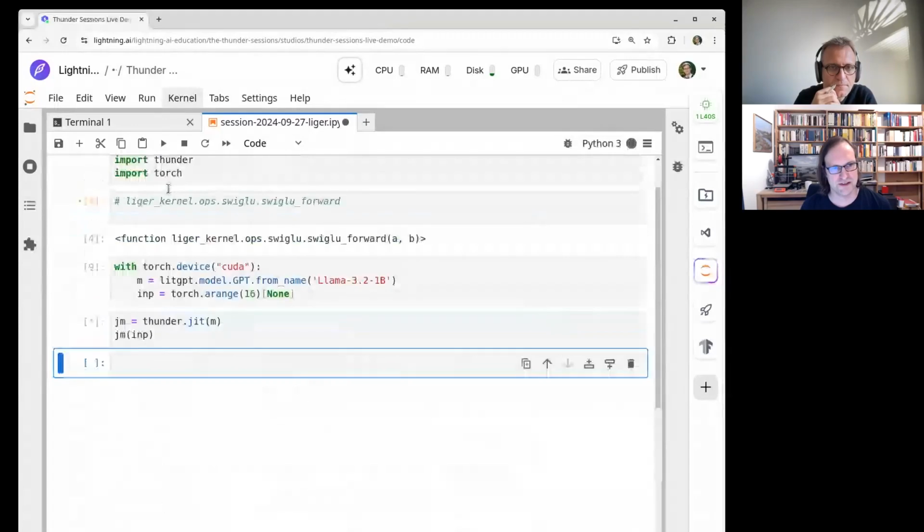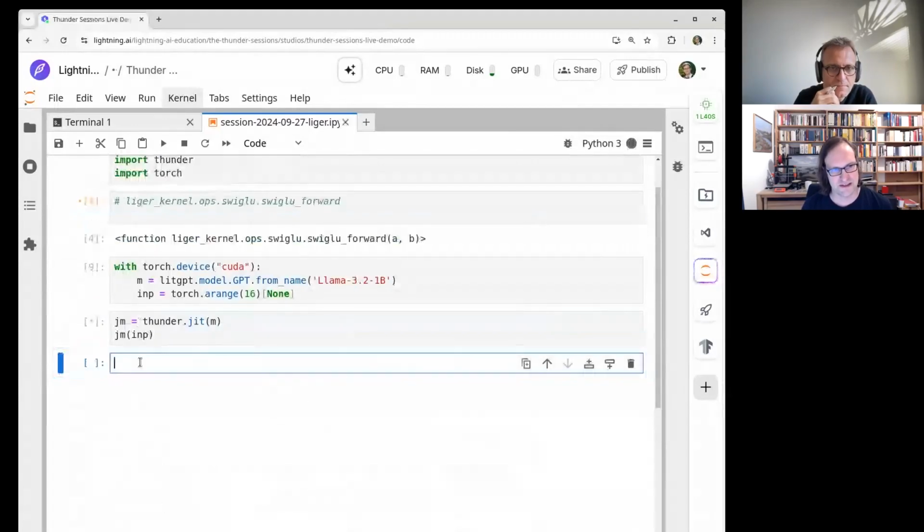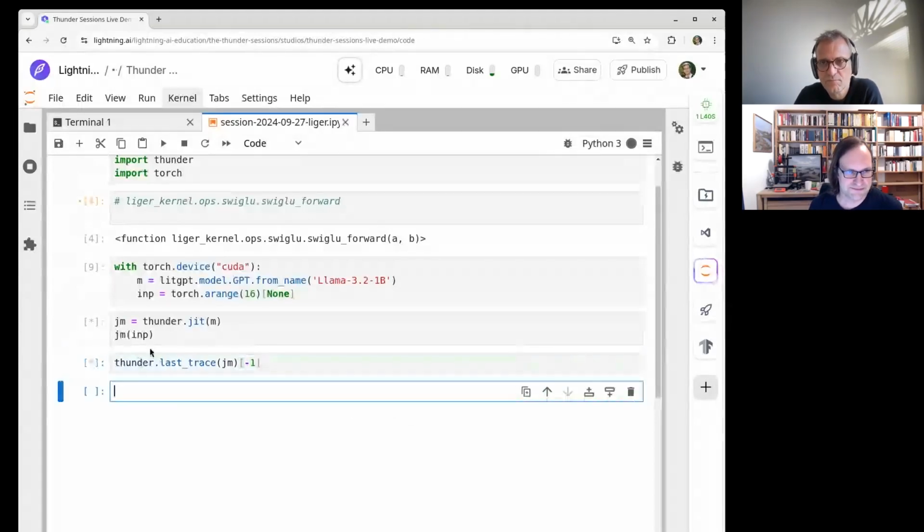The first invocation after jitting always takes a while, and then we can look at the last trace of jm, and we will see what that gives us. Yeah, I think this takes a minute approximately.